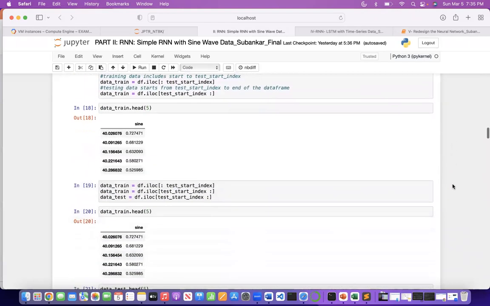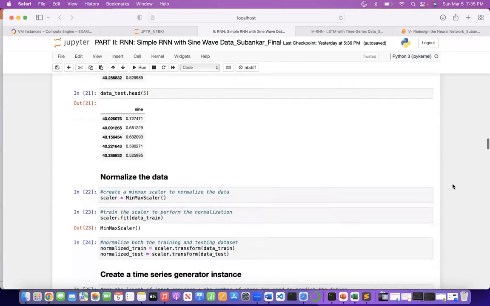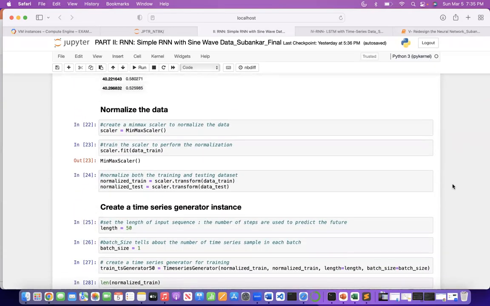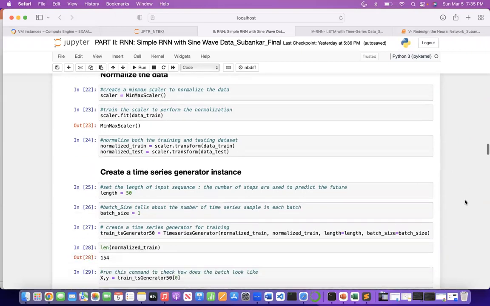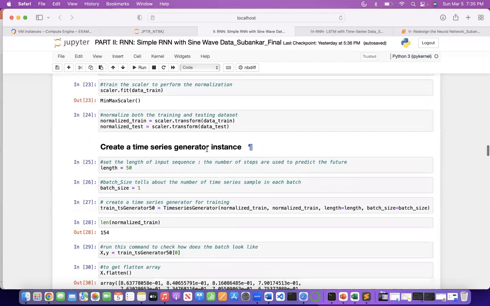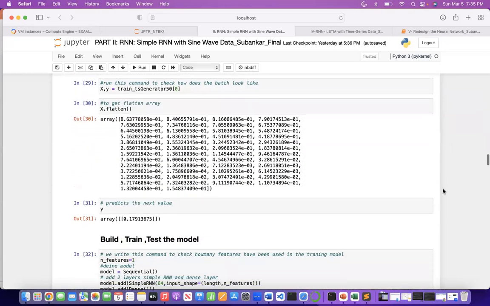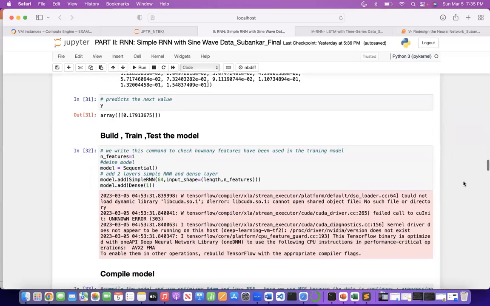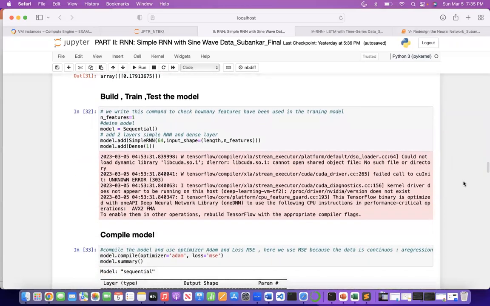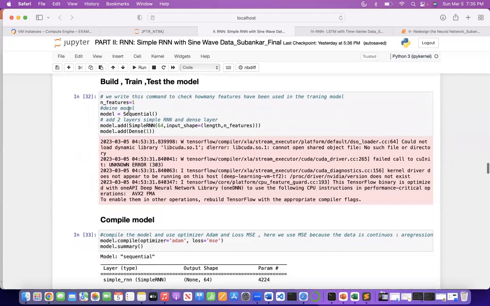And so, to normalize the data, we have used min-max scaler and time series generator, where we have used length 50 and batch size 1, to build, train, and test the model. Here we check how many features we have used in the training model. So we have used one feature,